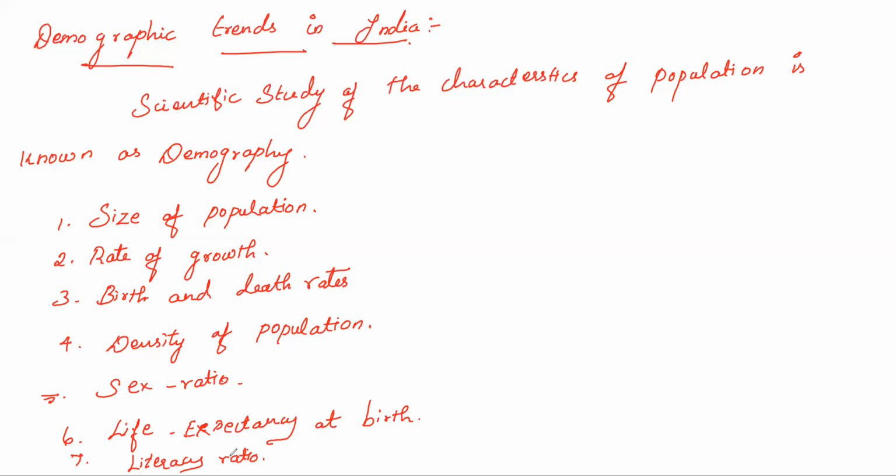Then density of population அப்படின்னா மக்கள் தொகையோட அடர்த்தின்னு சொல்லுவோம். செக்ஸ் ரேஷியோனா பாலினம் ஆனா பெண்ணாங்கிறது. அடுத்தது லைஃப் எக்ஸ்பெக்டன்சி அட் பர்த் அப்படின்னா வாழ்நாளோட எதிர்பார்ப்பு. அடுத்தது லிட்ரஸி ரேஷியோ, எழுத்தறிவு விகிதம் அப்படின்னு சொல்லுவோம். ஓகேங்களாமா? நெக்ஸ்ட்